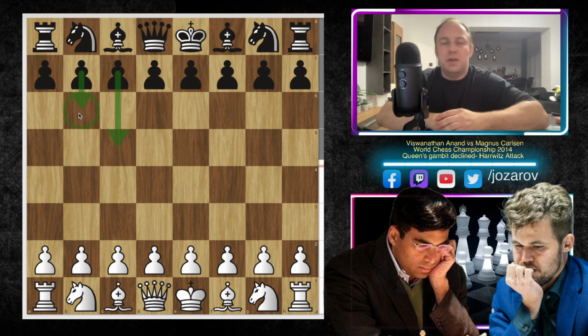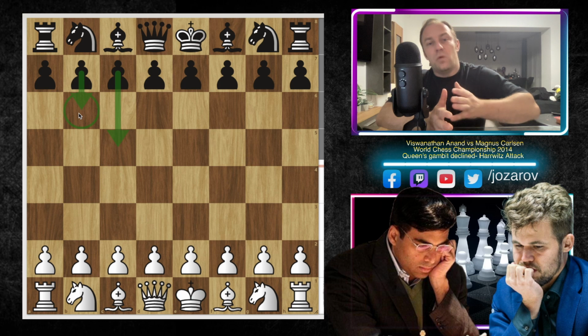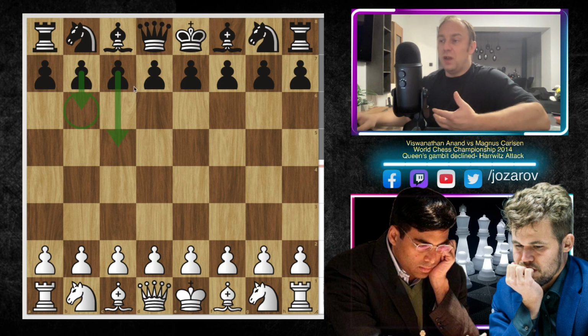If you put the PGN into Stockfish analysis, it will show you that Vishy Anand basically played the game without mistakes, inaccuracies or blunders. So this is really worth the study. But as I said, today we're analyzing different continuations. Today we're not analyzing the c5 and b6 continuations for Black that we have analyzed so far.